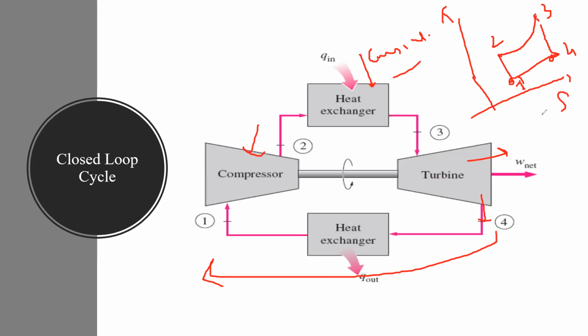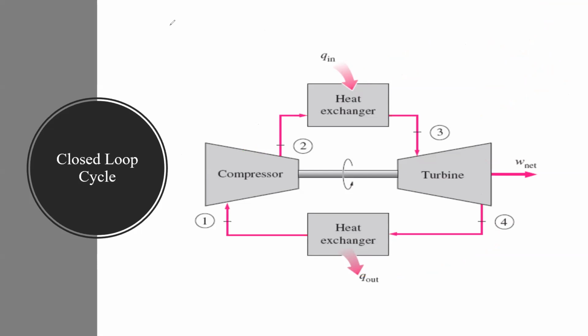First of all, in the exam you have to write down 2 to 3 points about the closed loop cycle, then draw this layout diagram, and after that you draw this TS diagram. So everyone draw this TS diagram. I hope you understood these points. Those who have not understood, write down your query in the chat box, and I will explain again.